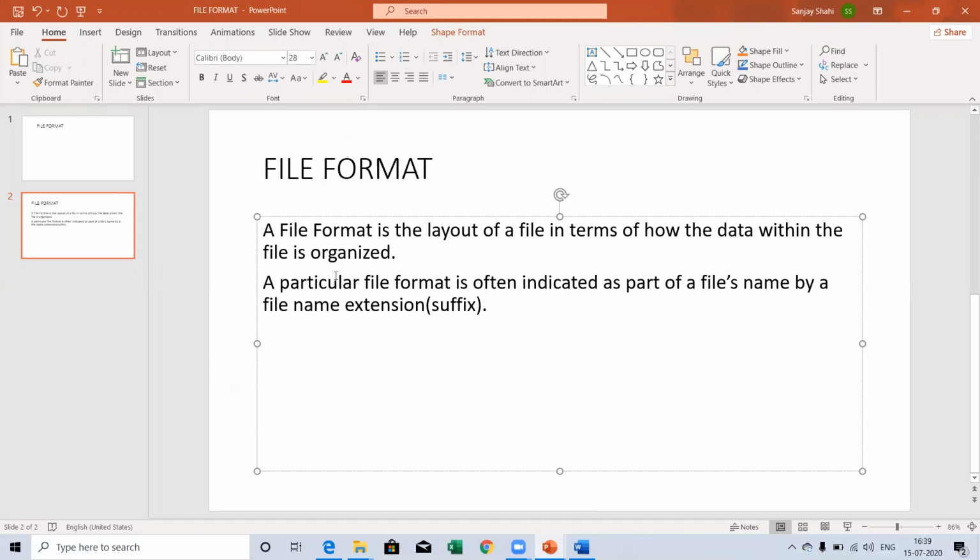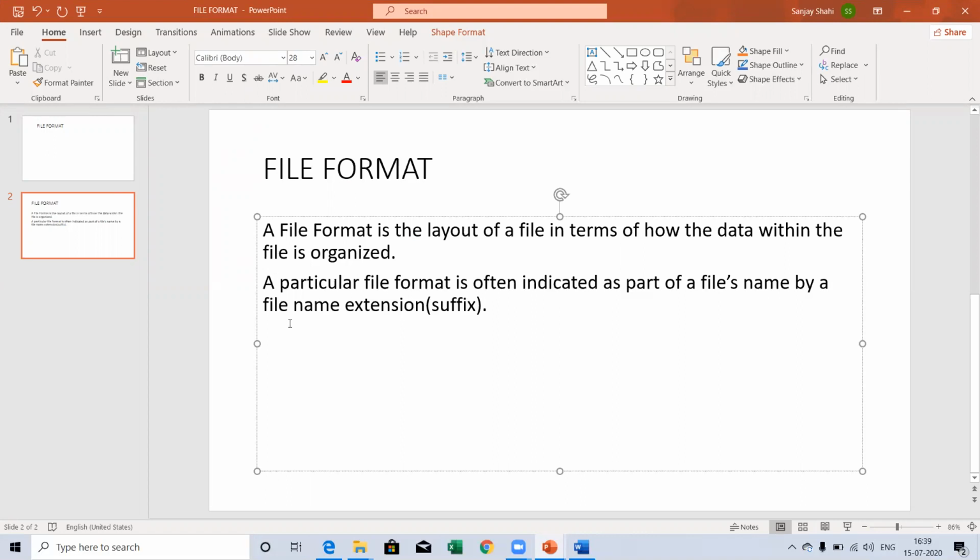The data in a file must be recognizable, so that we know which type of data we can access from that file. For that identification, we are using the file format.